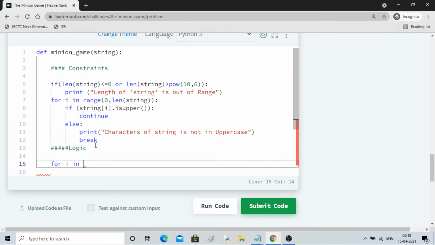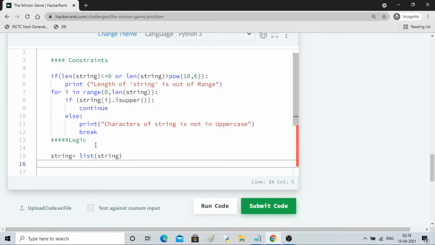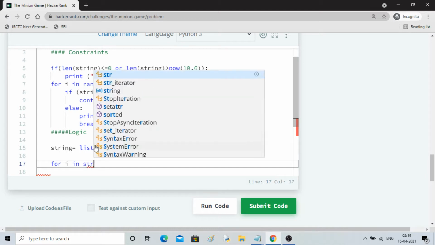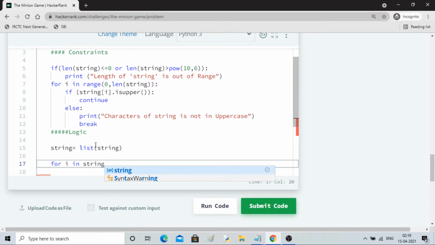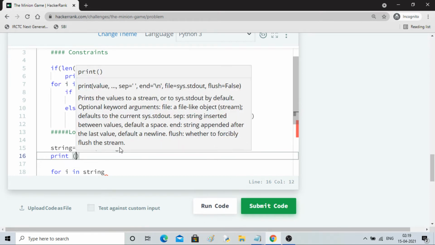How should we go? First of all, I'll change this to a list, because I won't be able to access the characters until I change the string into a list. Then for loop i in string. Let me print this as well so you will see how it looks. Print string.